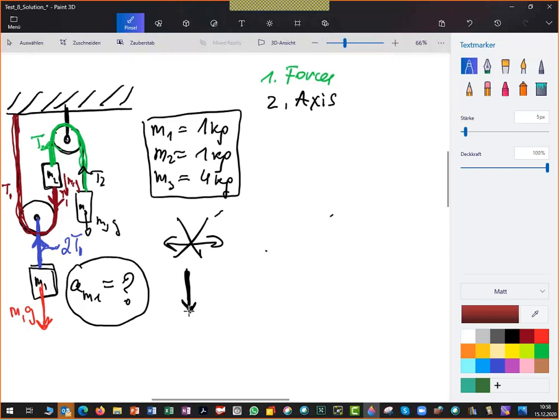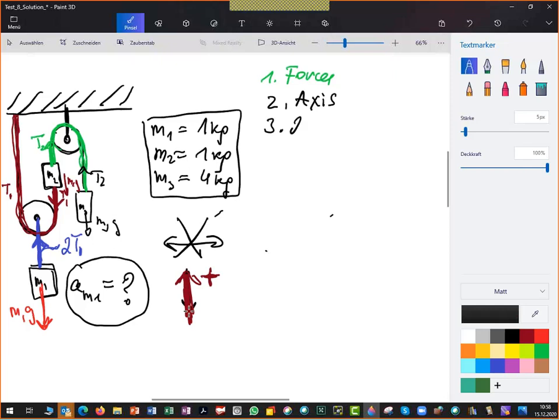Actually, up, I would choose positive, it makes it a little bit simpler. So that would be plus. But basically, it doesn't matter. It doesn't play any role. Okay, after I decided which direction will be positive, I'm ready for the next step, and this is application of